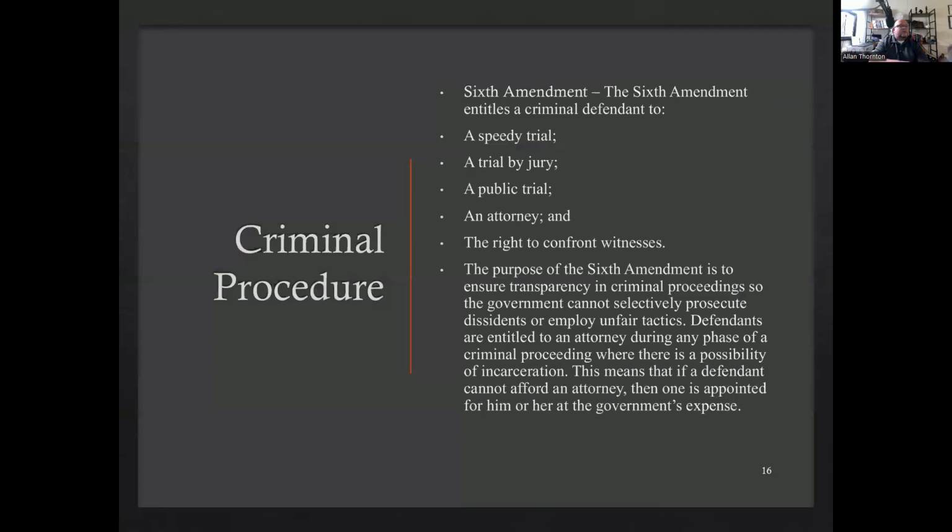All right, so the Sixth Amendment entitles you to a speedy trial. Now, keep in mind these are rights. All right, so a speedy trial, real good for the prosecution, not normally very good for the defense. Most people waive the right to a speedy trial so they can build a proper defense. The right to a trial by jury, that is a right. You can decide that you want to have what is called a bench trial, where the only person that listens is the judge and they make a decision.